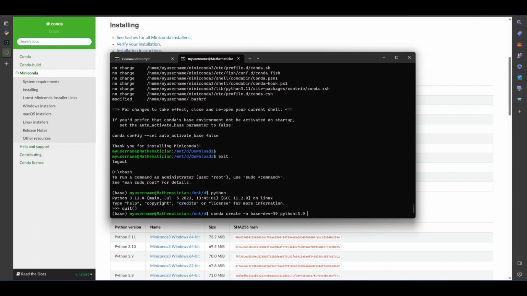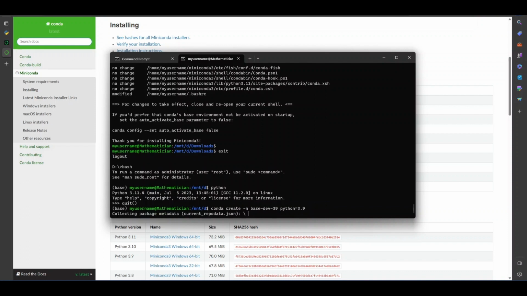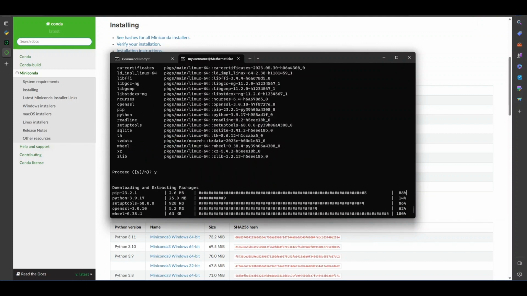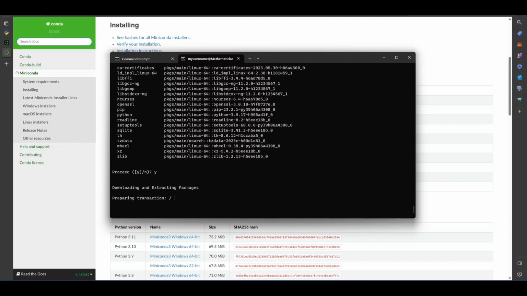You can also create environments using YAML files if you already had a Conda environment, so you can reproduce those environments easily. We'll have a look at that as well in one of the future videos. But here I want to use Python 3.9 for my project. So I'm going to create this environment,